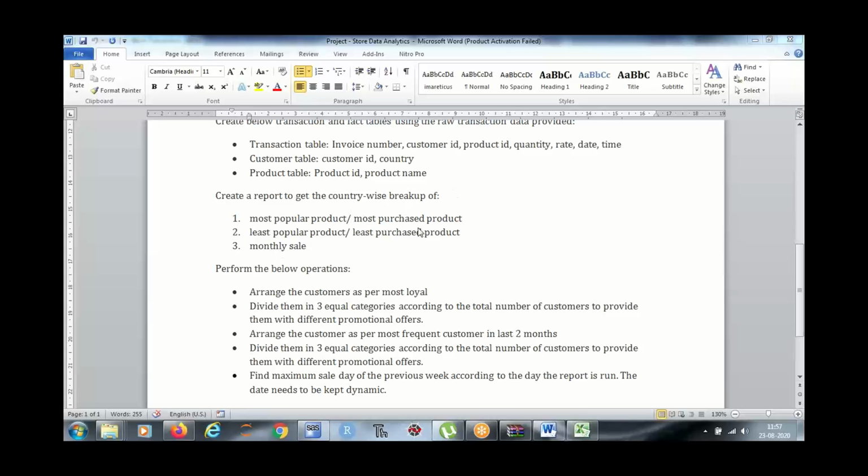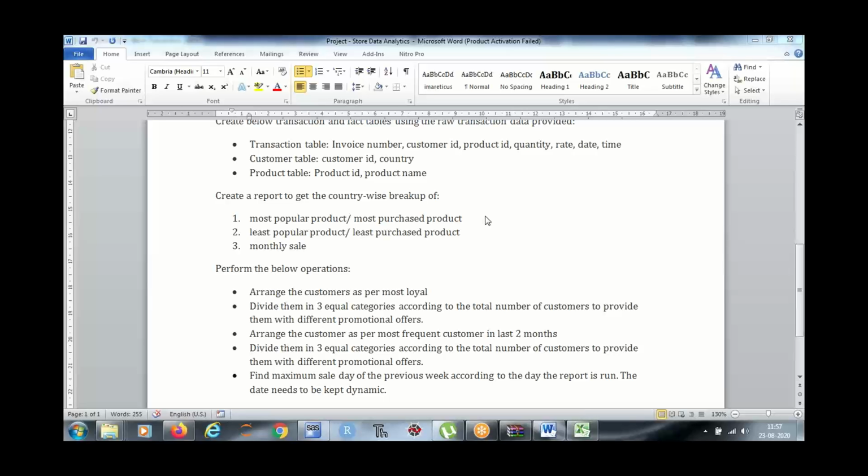Country-wise breakup of most popular product, most purchased product. So this SQL query is something similar to the one that we did yesterday, on the maximum one?